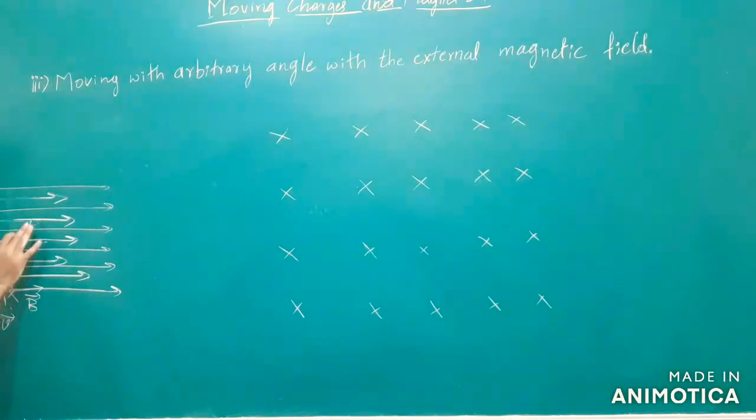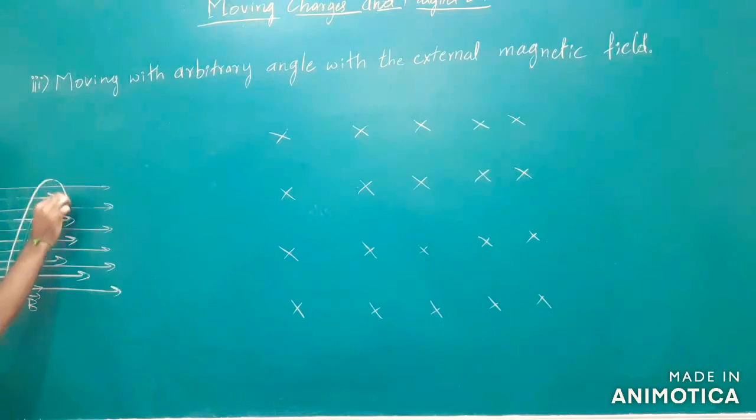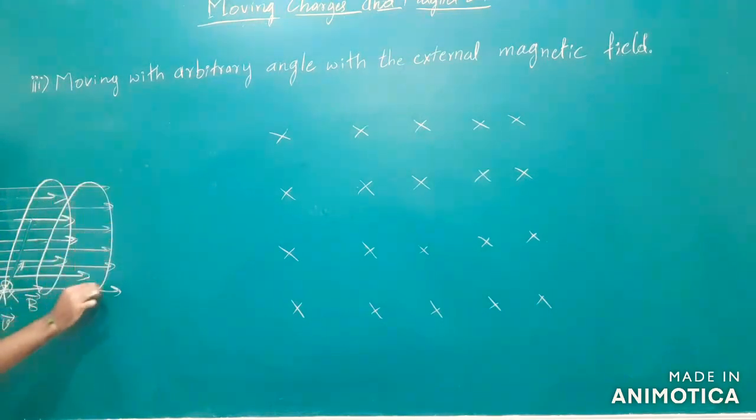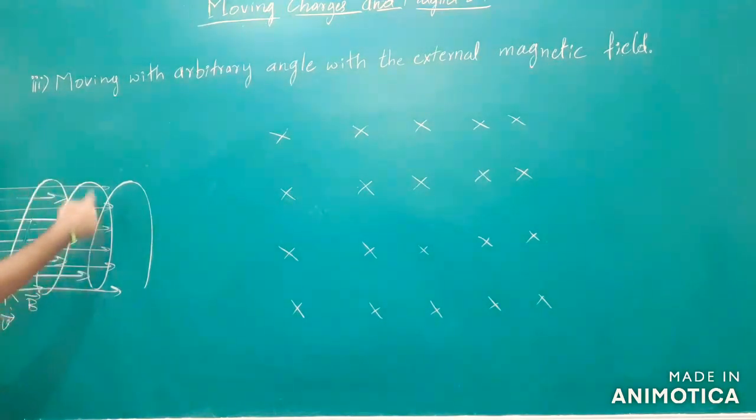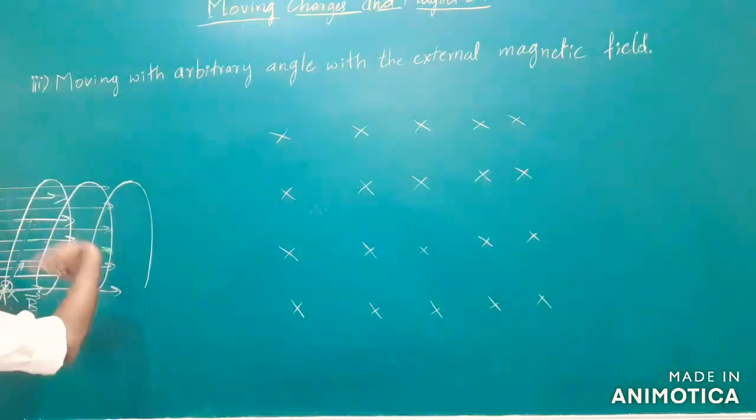So if you want, let me draw it pictorially. This is how the path of the body would be, like this, because this has both horizontal and vertical components. The vertical component of the velocity will help the body to trace a circle. Perpendicularly, if you view the motion of the body like this, it is circular, nothing else, right? But if you view it like this, it is helical, right?